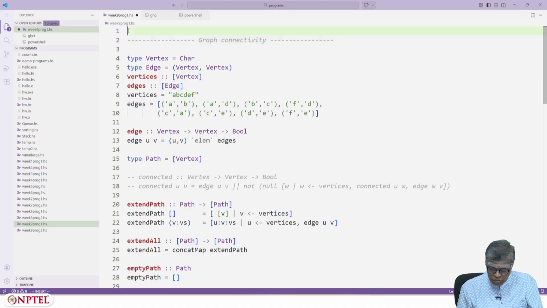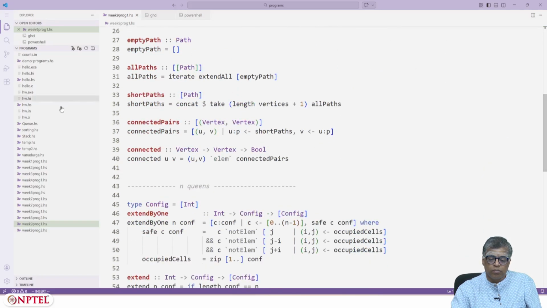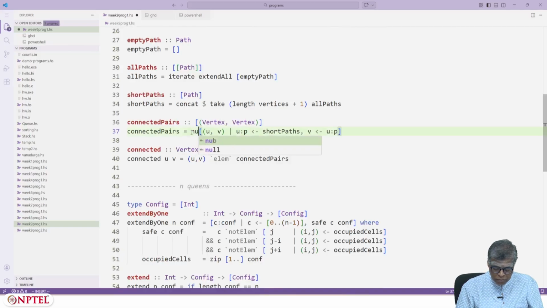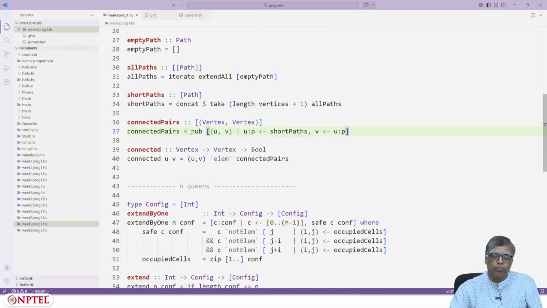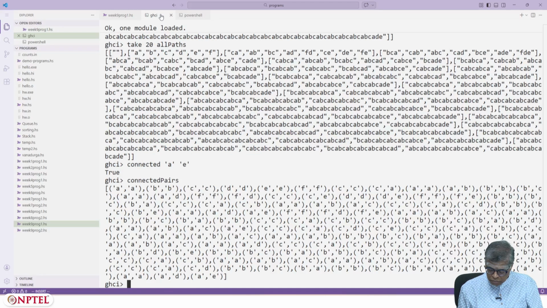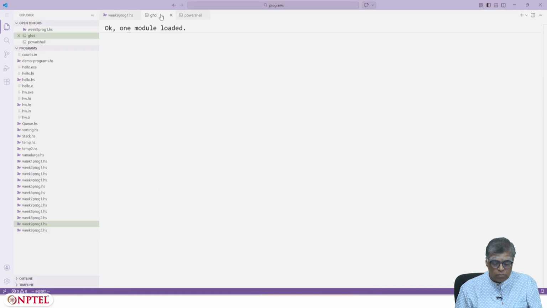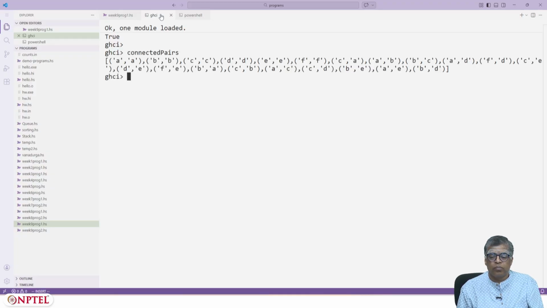Now I can ask for connected pairs. Yeah, these are all the connected pairs.